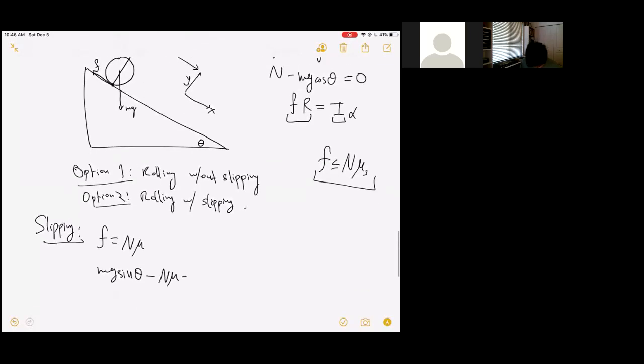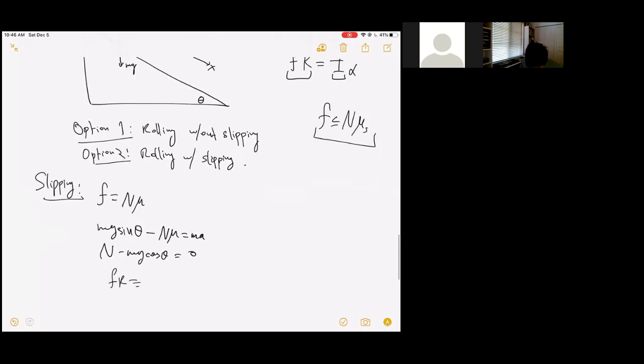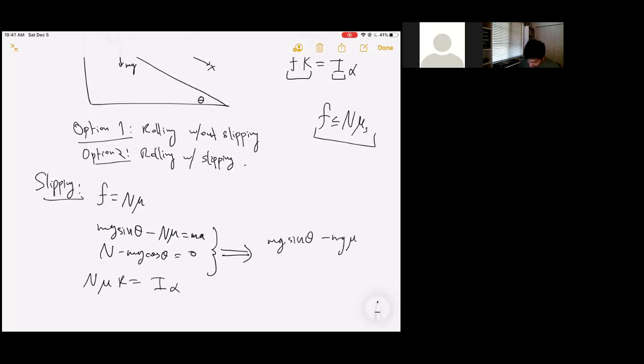minus n mu equals ma. N minus mg cos theta is 0. And fr equals I alpha. So what the first two imply is that mg sine theta minus mg mu cos theta is equal to ma. So a is g times sine theta